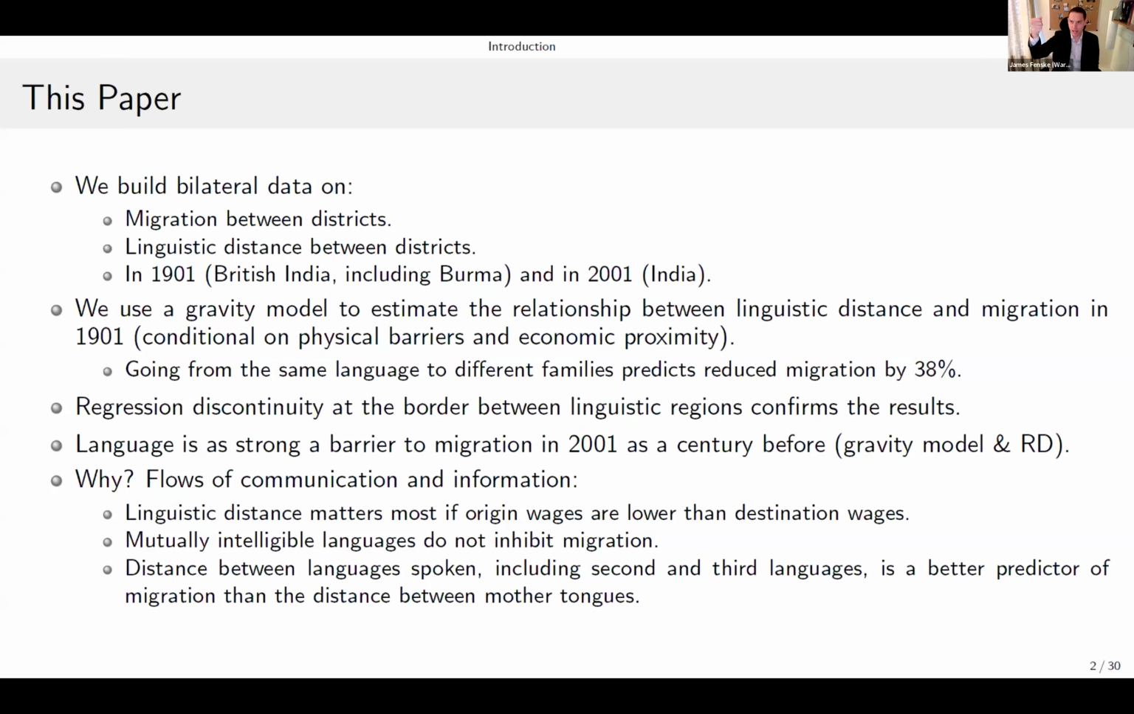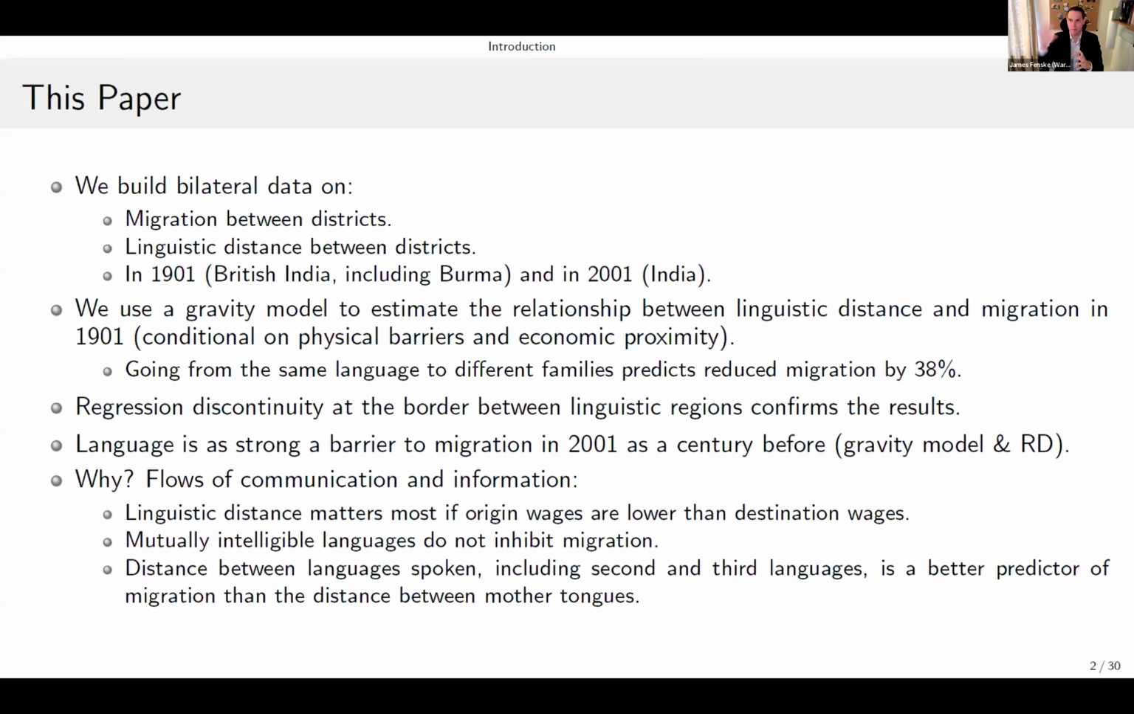We're going to take the majority language at O and the majority language at D and ask, how dissimilar are they? Now, there's many different ways to measure the dissimilarity across languages, but what we're going to do is focus on how connected they are in a language tree. If, for example, Hindi is an Indo-European, Indo-Iranian, Indo-Aryan, Western